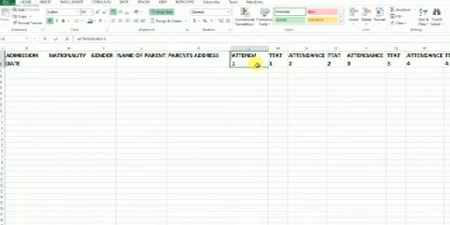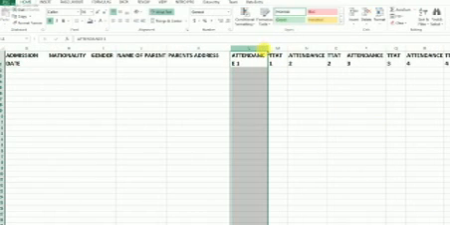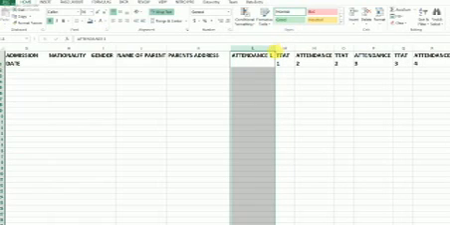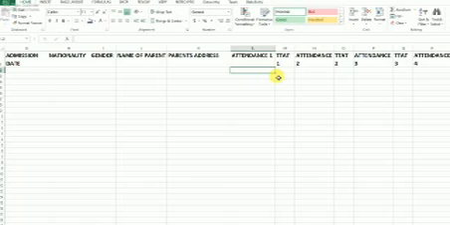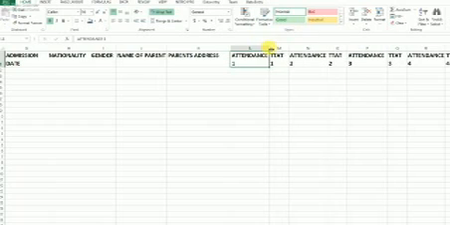So let's carry on to attendance. Then center alignment. So this one to center alignment.